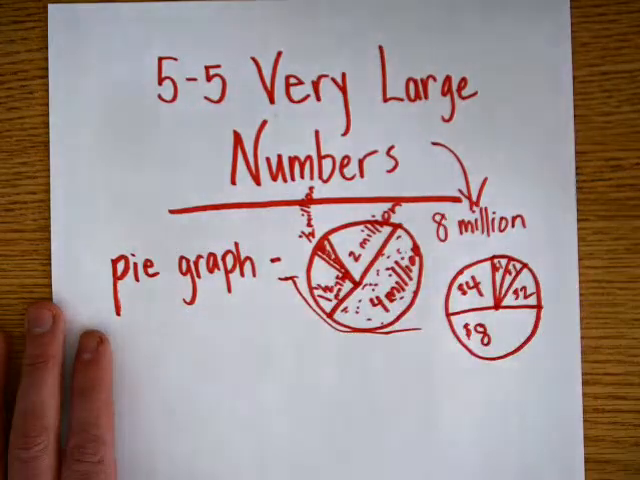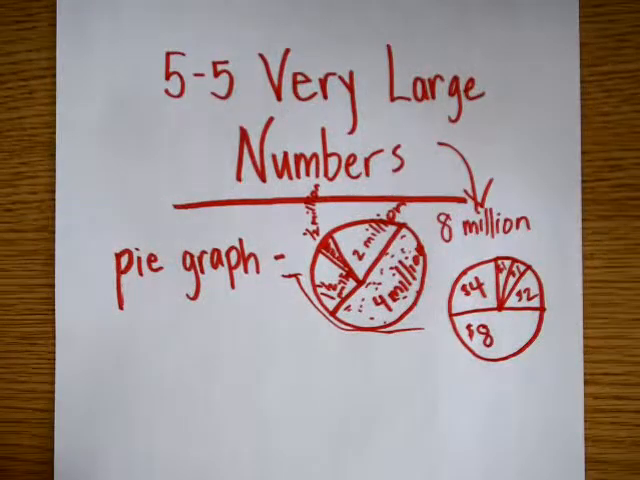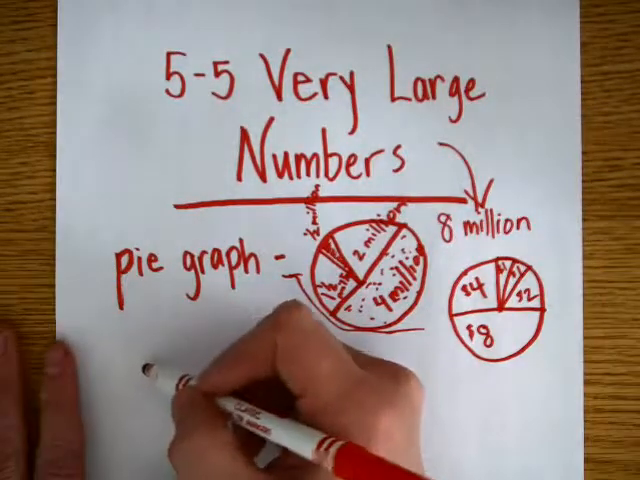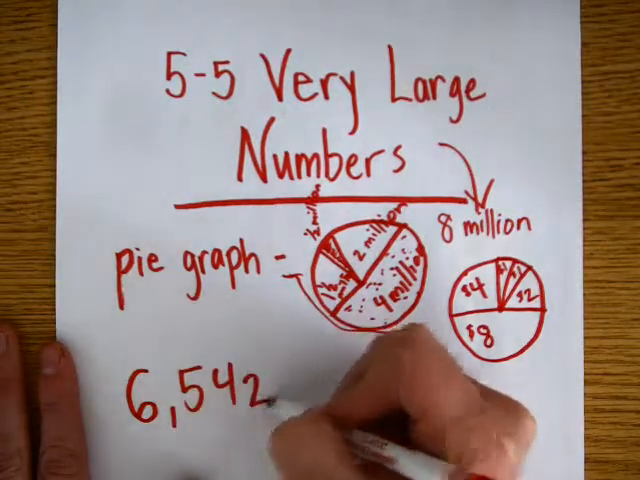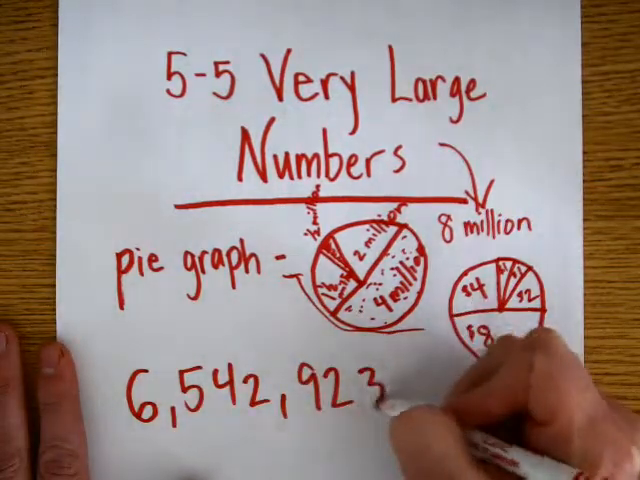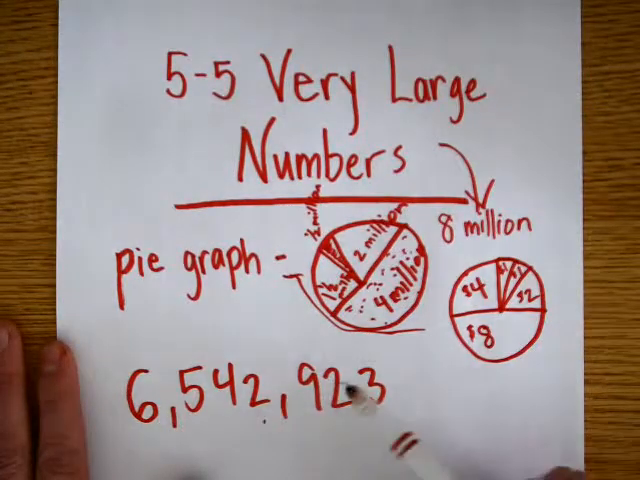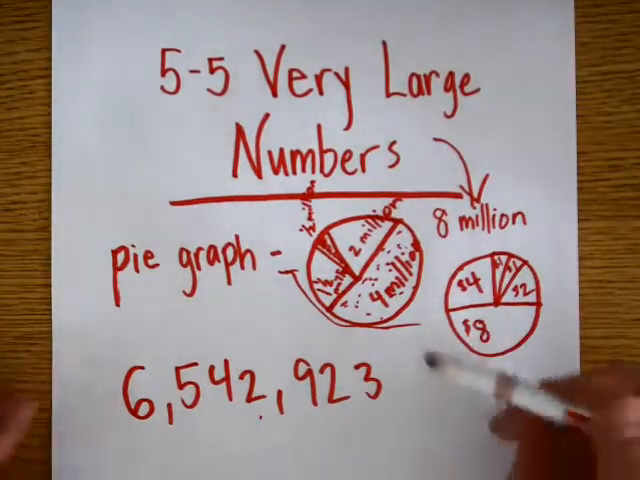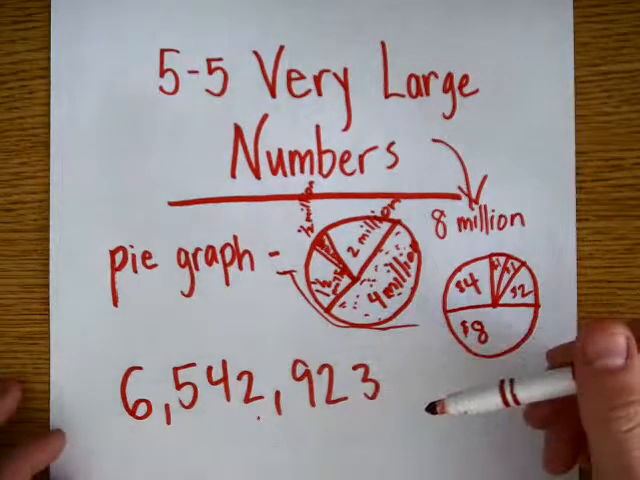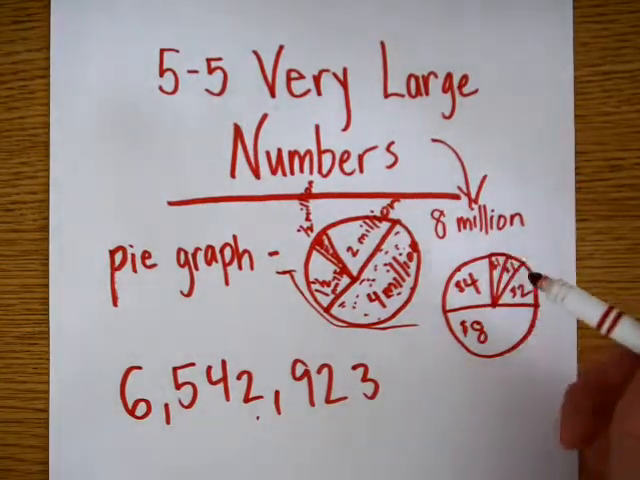For this lesson, we want kids to be able to read and write 6 and 7 digit whole numbers, so basically up to the millions place. If I write this number, 6,542,923, we want kids to be able to read that. We want them to be able to compare and order whole numbers, so to be able to put a group of numbers in order and say which is bigger, which is smaller. And also